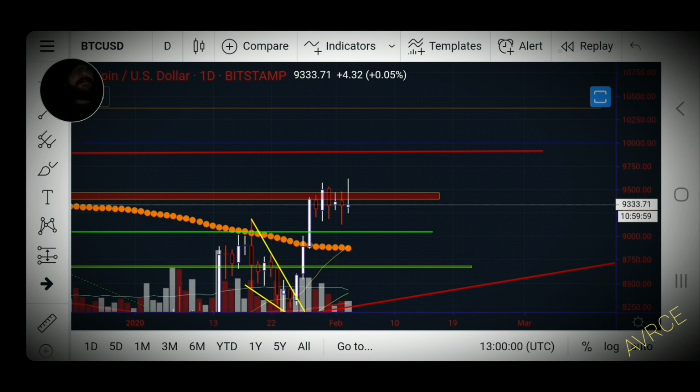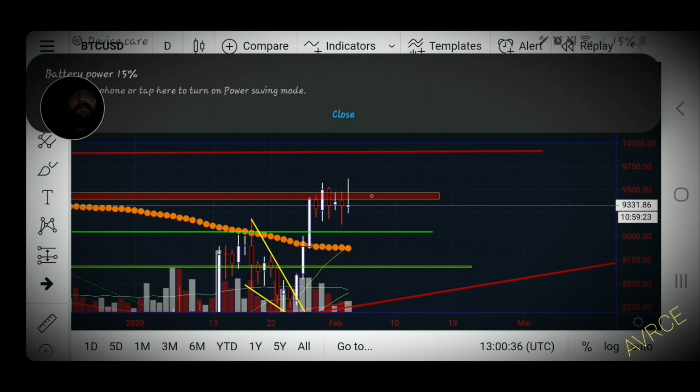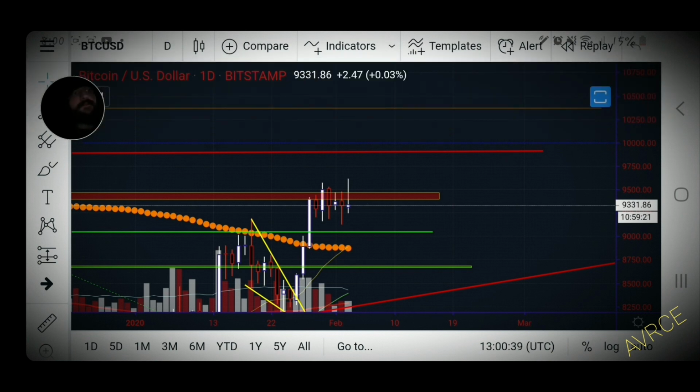I think that it is actually a symmetrical broadening wedge. Now, unfortunately, symmetrical broadening wedges are really not too predictable as to which way they're going to break out. They have just as much chance of breaking up as they do breaking down. But I've mentioned quite a few times before that we are due for a correction, so if it does break down, I would not be surprised. And like I said, if we do have a downward break,